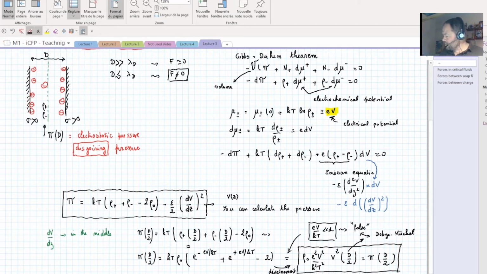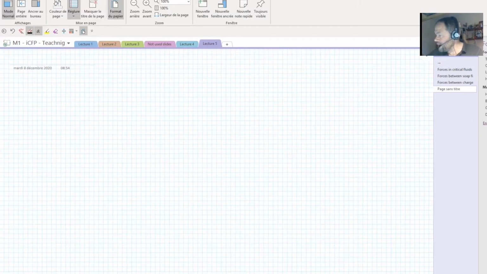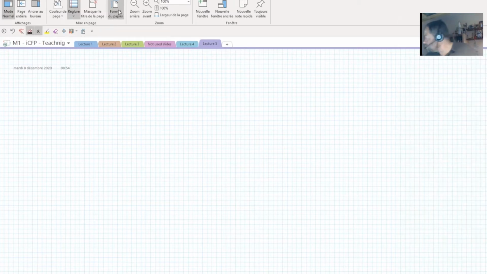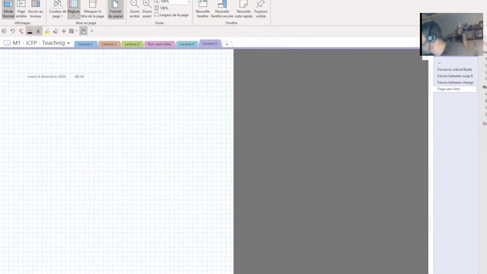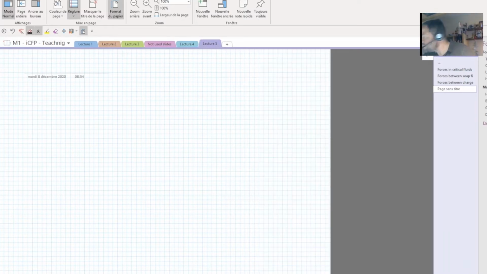And we have shown, I think two lectures ago, that it is not completely exact. In the end, we have to renormalize the charge at the surface when we cannot make this Debye-Hückel approximation. So if I go to the next step of the calculation,